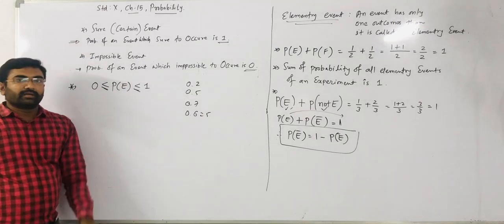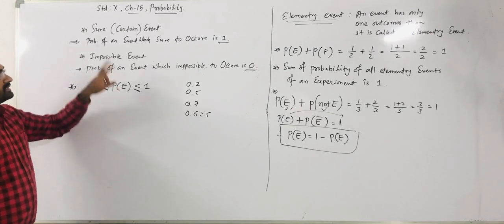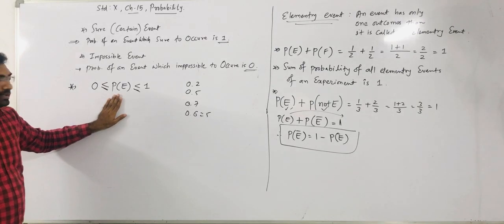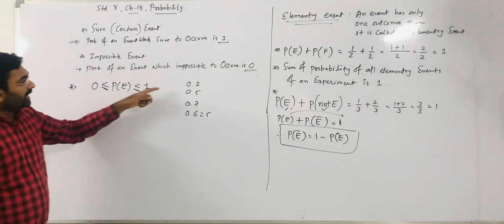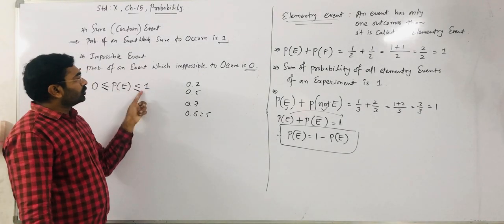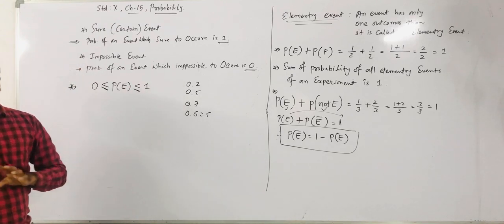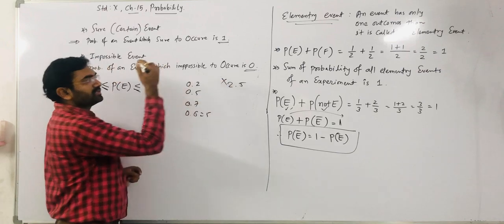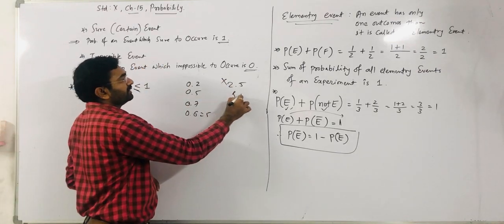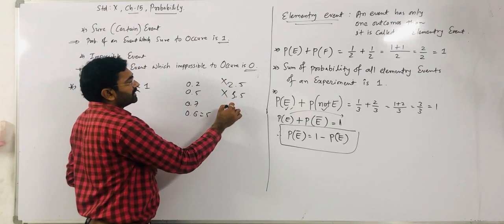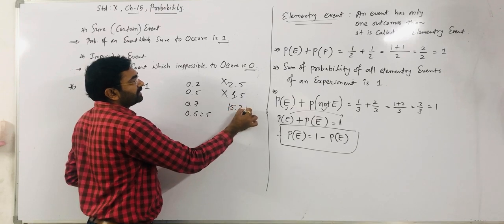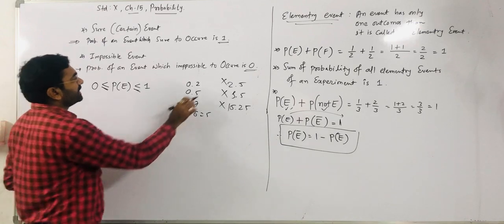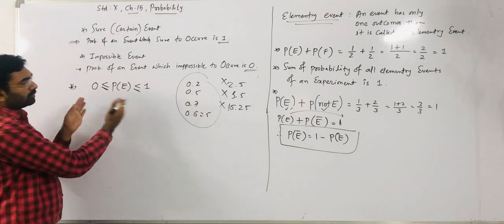So you have to remember, in your problems in that chapter, whatever question they ask, the probability of any event is always between 0 to 1. Means you have to get your answer in that form. If you get your answer as 2.5, then your answer is wrong. 3.5, then your answer is wrong, right? Suppose anyone says I get 15.25 as the answer, so this is wrong. Why? Because any event's probability is always between 0 to 1.